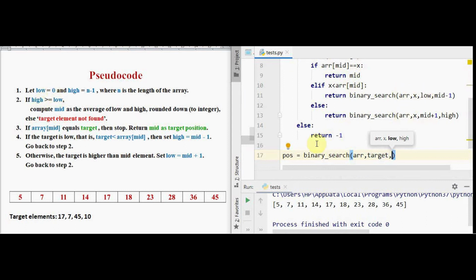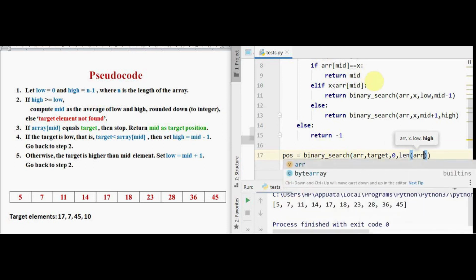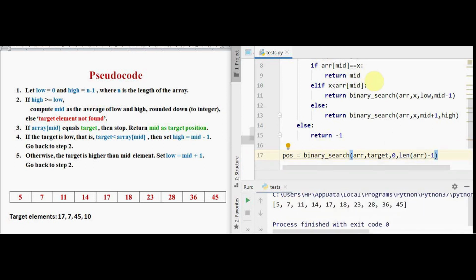Low is initialized to 0, so I am just giving 0, and high is n minus 1, where n is the length of the array. In this case the length of the array is 10, so I can directly give 9, or also I can use len of array minus 1 in a more generalized way.